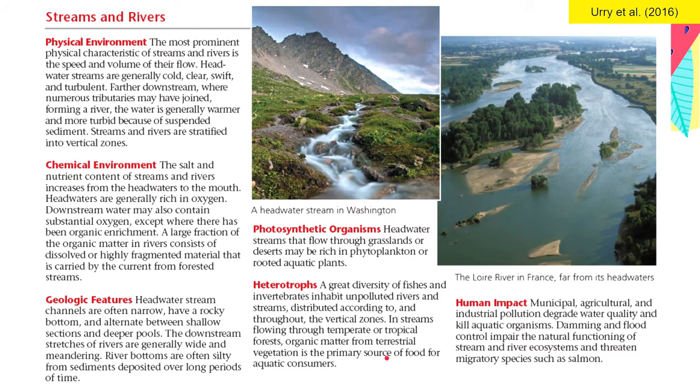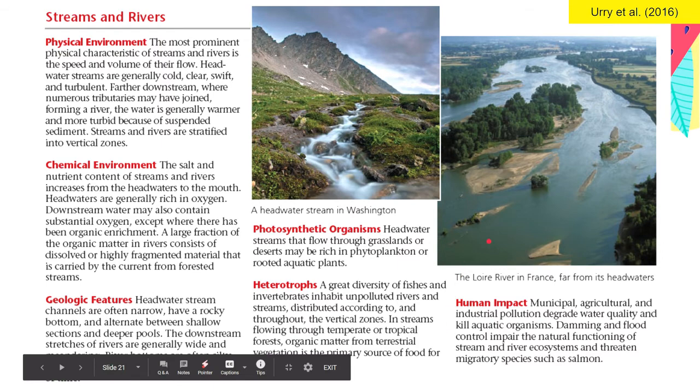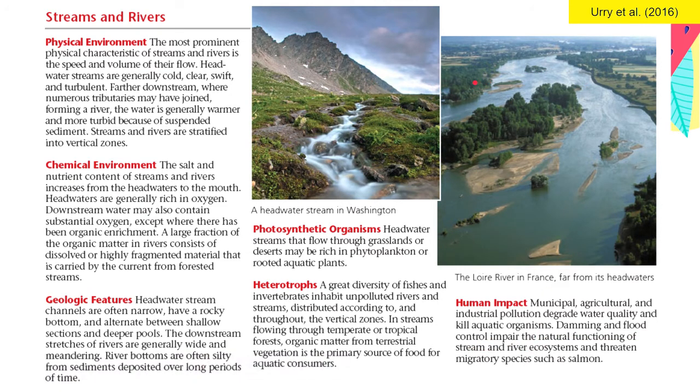for aquatic consumers. In terms of human impact, similar to lakes and ponds, agricultural and industrial pollution can degrade the water found in rivers and streams. Damming and flood control impair the natural functioning of the stream. So when we say damming, you create a dam here to prevent the flow of river, for example, to protect the residential areas here, that they prevent the natural flow of the river and stream and can threaten migratory species